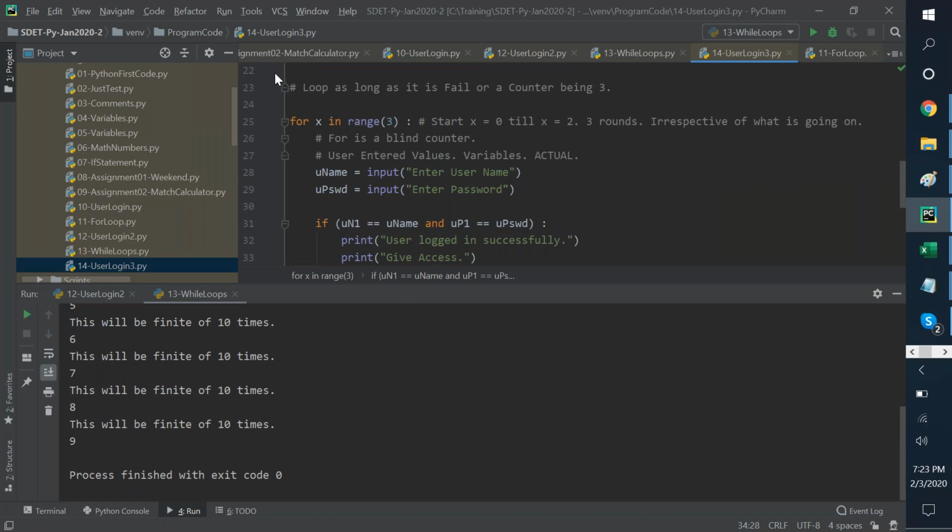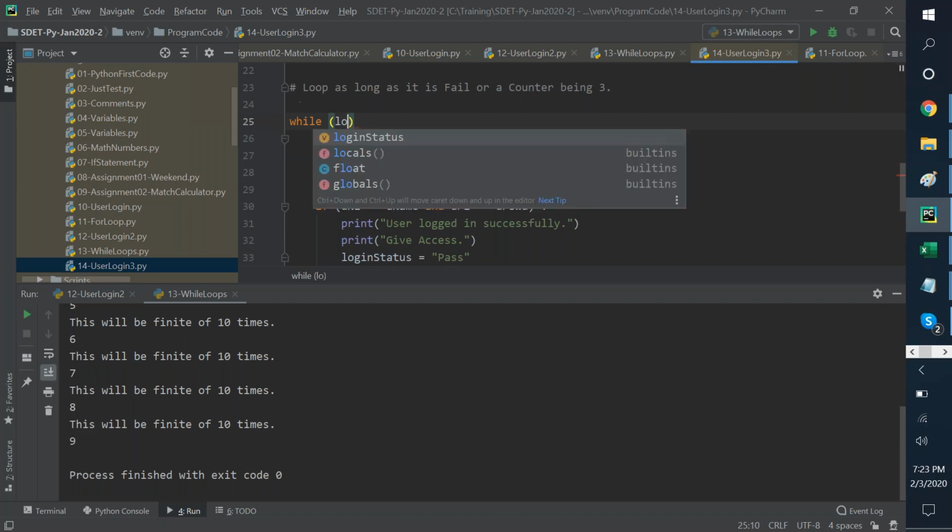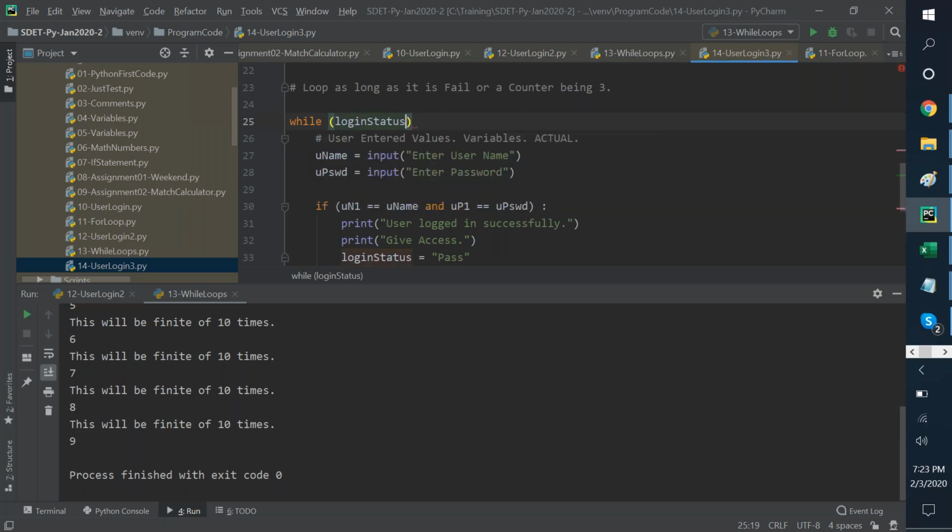Now look at what I'll change. So this for loop is absolutely not good for me. I will have a while. So what is it? Login status equals fail. If it is fail, we'll do.